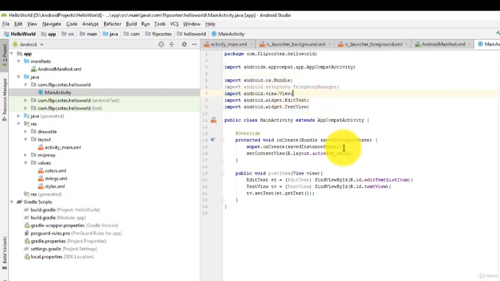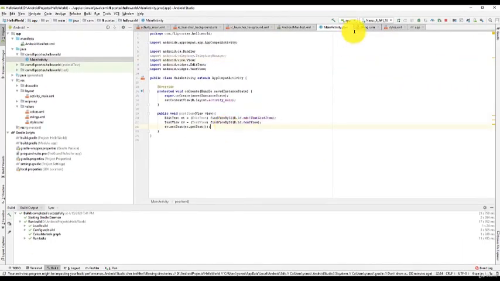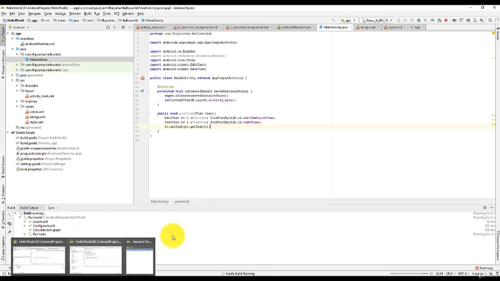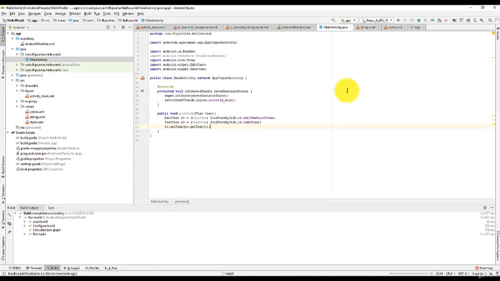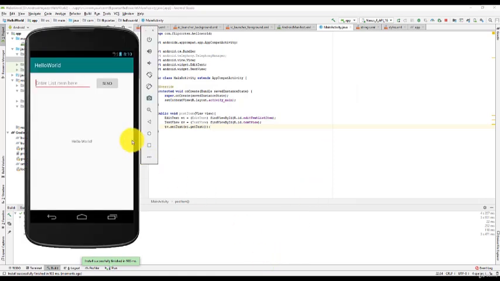Okay, so if we run this now, you'll see that nothing happens. So why is this? We run the application. You have your user interface, and you click it, but nothing happens. The reason is that we need to attach this event handler to the button, and this hasn't been done yet.